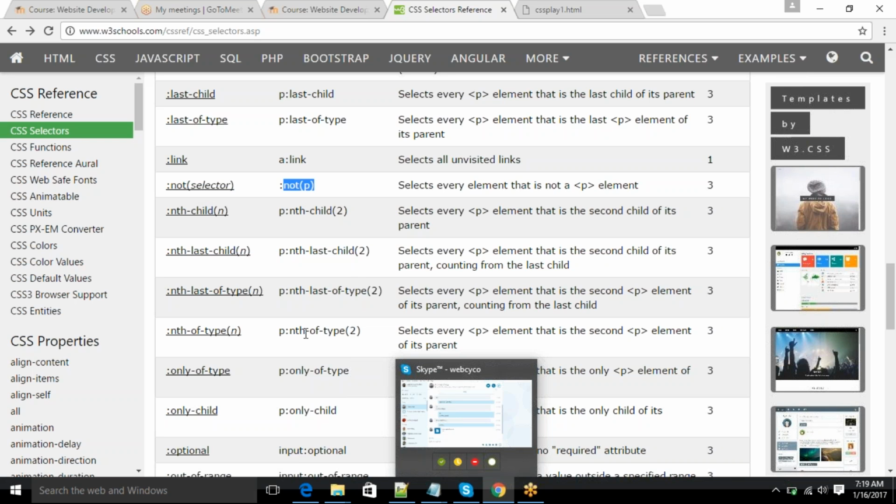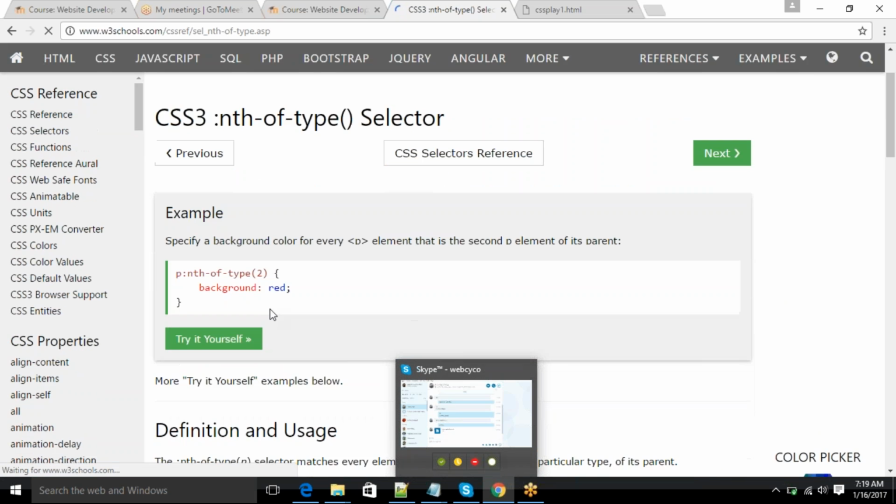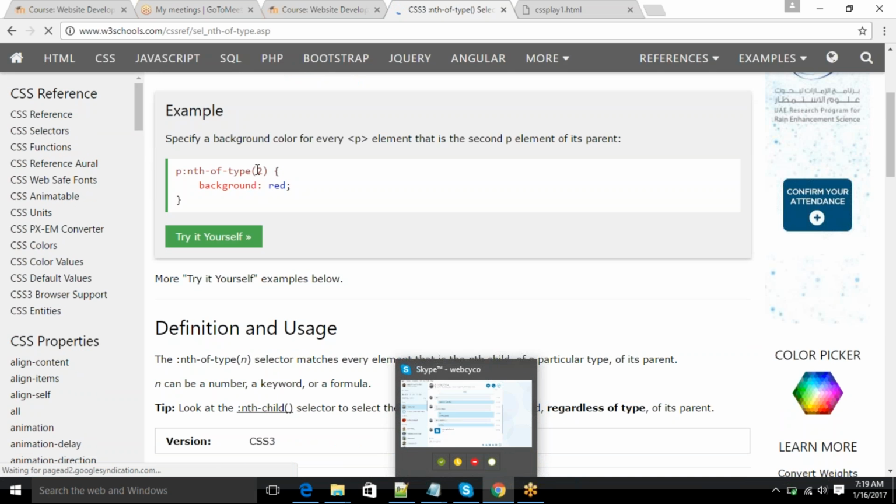In the same way you can say nth-of-type of n, which means you can select a specific element. If you have 10 paragraph elements, I want you to find the sixth paragraph and change its color. You can do that by giving the element number. How do I know this number? You need to count the paragraphs, but